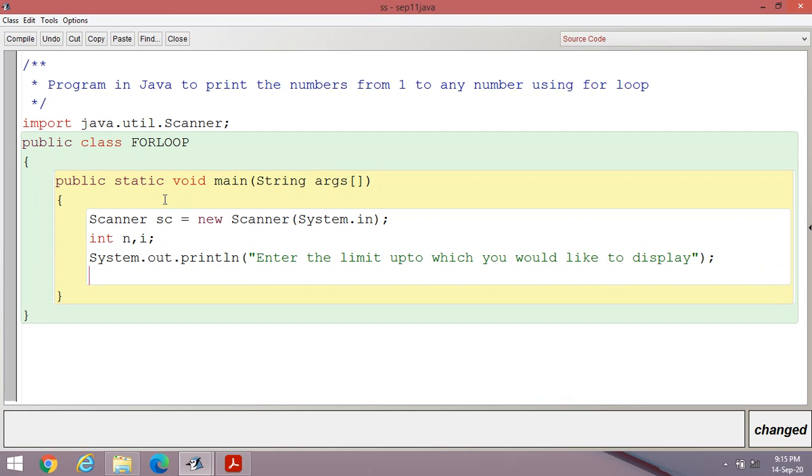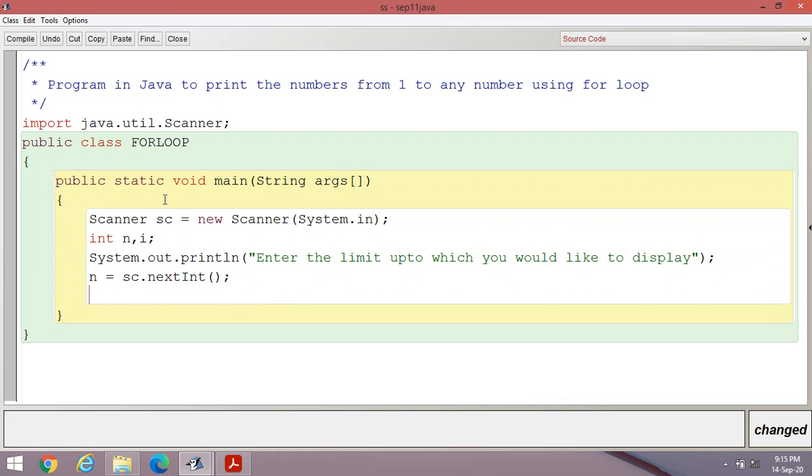Then n is equal to sc.nextInt(). Suppose this one is the number you are entering from the user side.